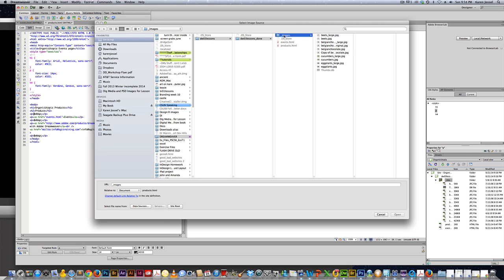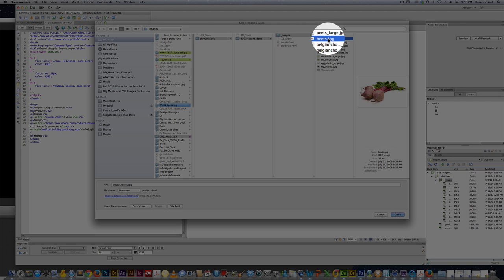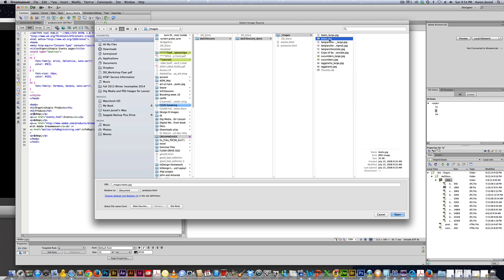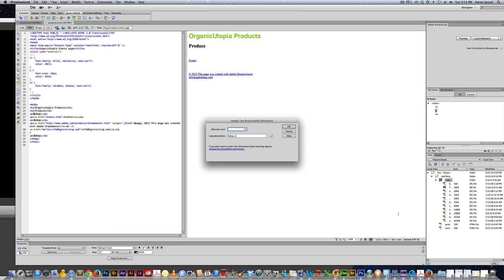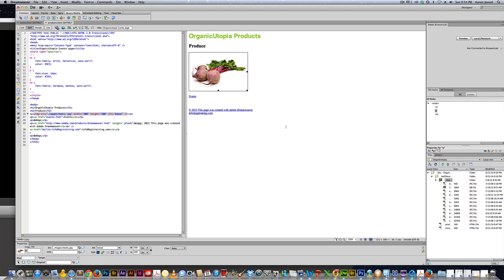So when I hit the beats, I want the beats, not the beats large. See, the beats large is 254 kilobytes. The beats are 35 kilobytes. All right, we've got it. Boom. There are beats. All right. So then after the beats, what we're going to do here,